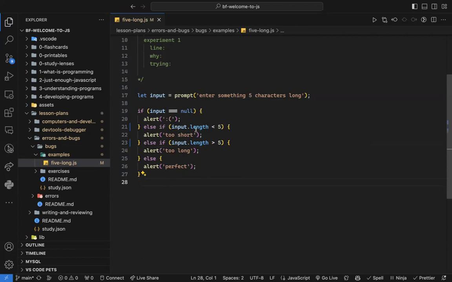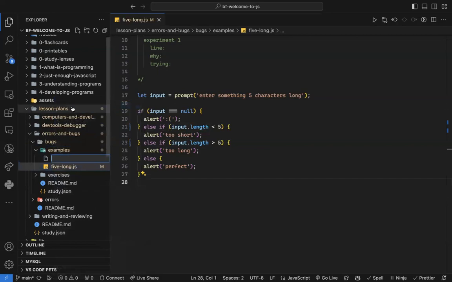That means now if the input length is less than 5, it will say too short. If it's more than 5, it will say too long. But if it's 5, it will hit this one. Is the idea clear? So that should be simple. It's the simplest one. So what I'm going to do here, I'm going to create an index file,